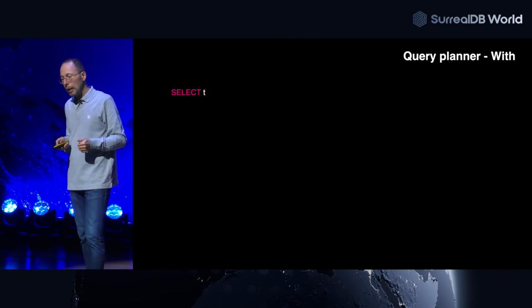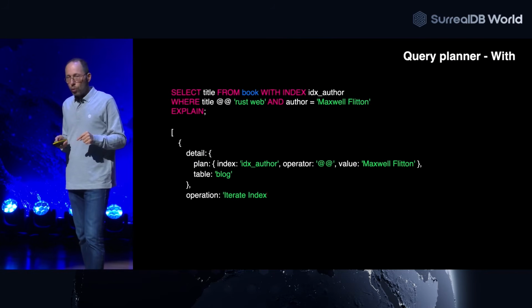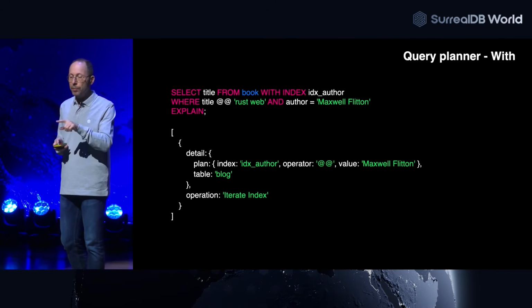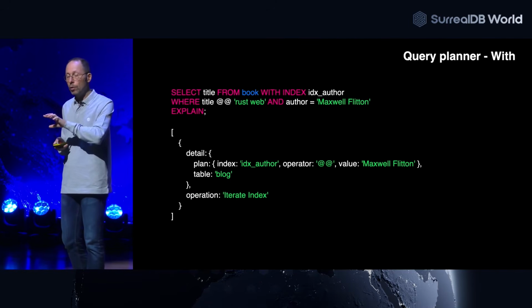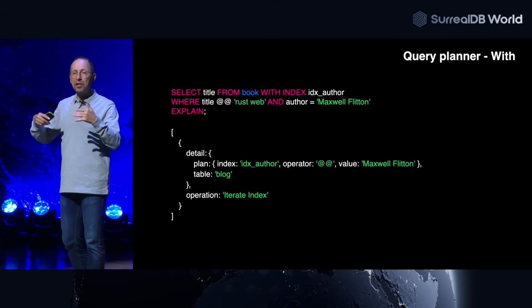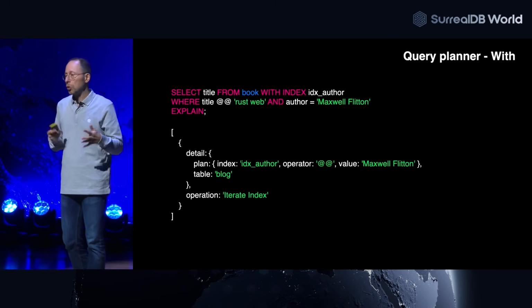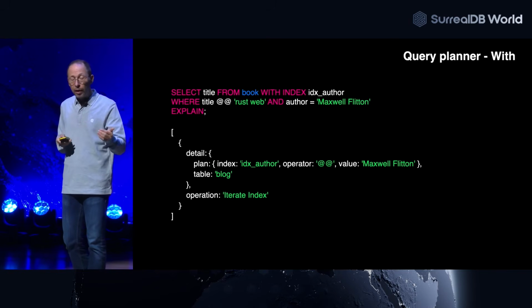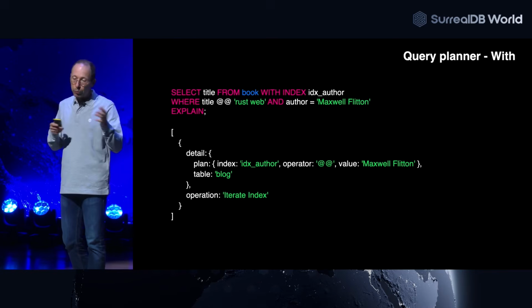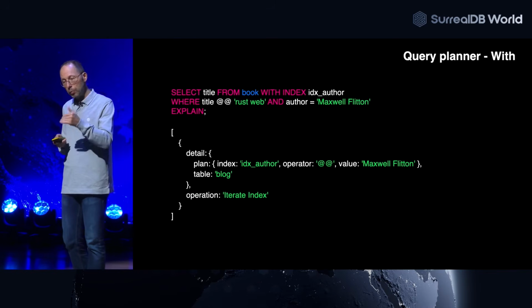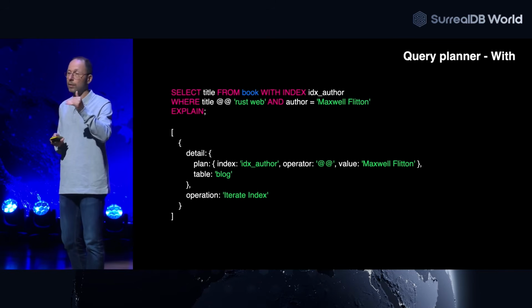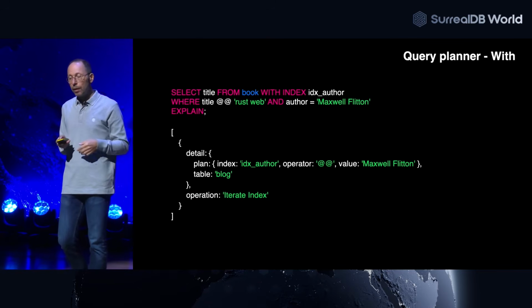Table iterator. You can also have control on the query planner. You can guide it in some way. Because we had two indexes in my example, one for the full text, one for the author, we may use one or the other. But you may know that the cardinality is more interesting on one of the fields, which is a typical way to improve a query. So you can tell the query planner to use, by preference, one index. If it's not possible, it will fall back to what it thinks is better, but if it's possible, it will do it. So in this case, we say WITH INDEX, the name of the index, and that's it. It's using the index you wanted.